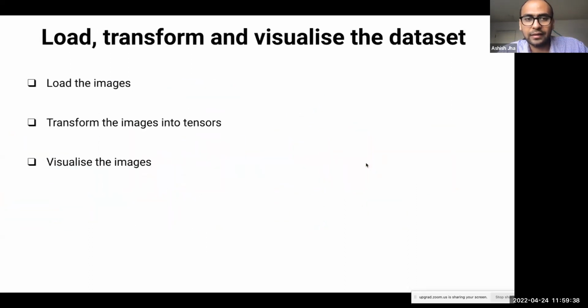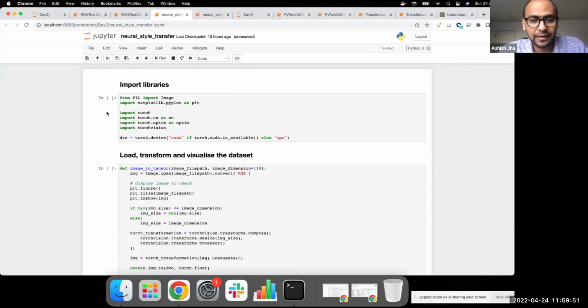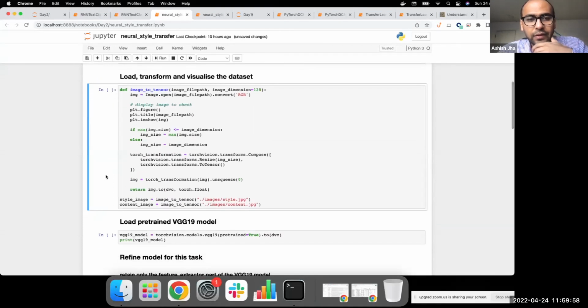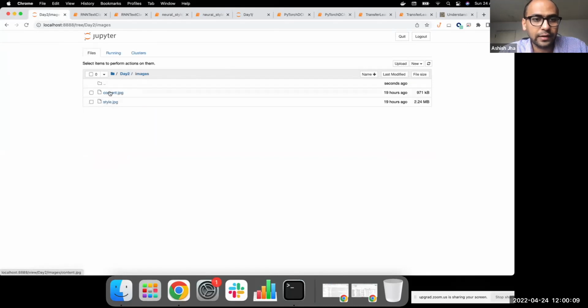Now, having said all of that, I will walk you through the different steps of the exercise, and I hope it will all become clear as we go along and as we read the code. So once again, we first have to go to our data set. This is again standard, the libraries that we import. We go to the data set, and the first thing I have is a function to convert an image to a tensor. So I have chosen two images, and I'll show you them very quickly.